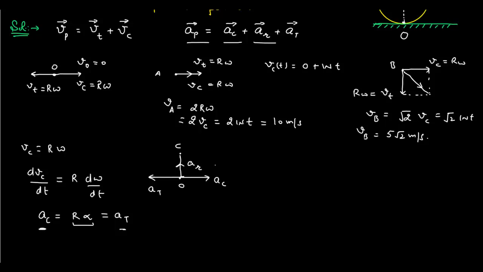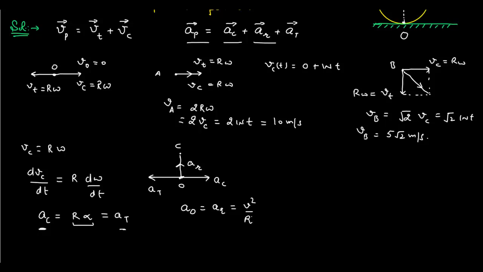Clear? So this is also a very important result, because many times in such a situation you will be asked what is the direction of acceleration at point O when an object that is accelerating is under pure rolling. In such situations you will say that the net acceleration, or the acceleration at point O, is towards the center of the circular symmetric object. So the acceleration of point O is only the radial acceleration, and that is equal to v square by r,